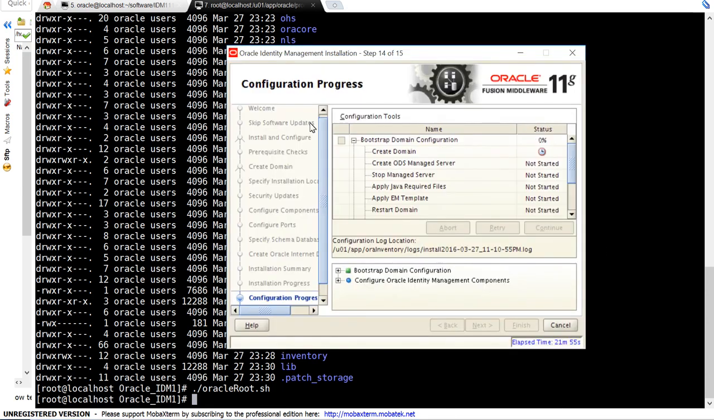And after the root script, the configuration process will start. So the configuration is done in 2 steps. First, the WebLogic domain configuration, that's bootstrap domain configuration, during which the domain, admin and managed servers are created. And it also applies JRF and EM templates at this stage. Second is IDM component configuration, during which OID instance is created and configured, and also directory integration platform is configured